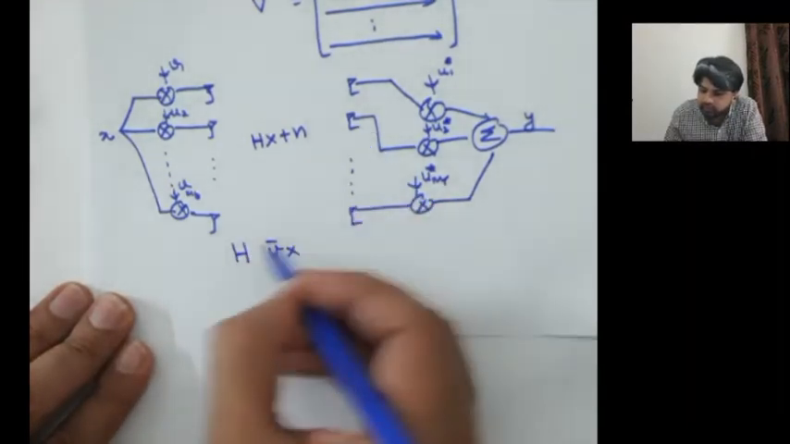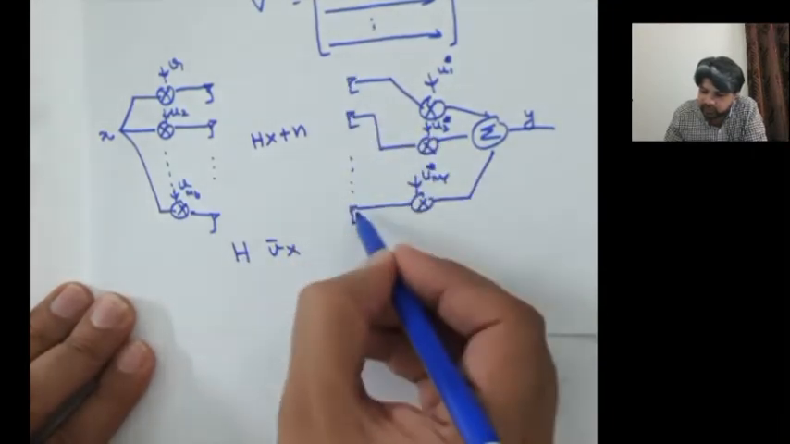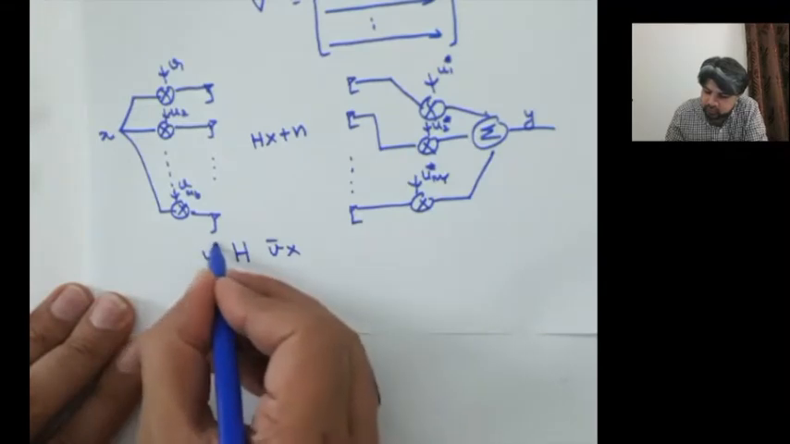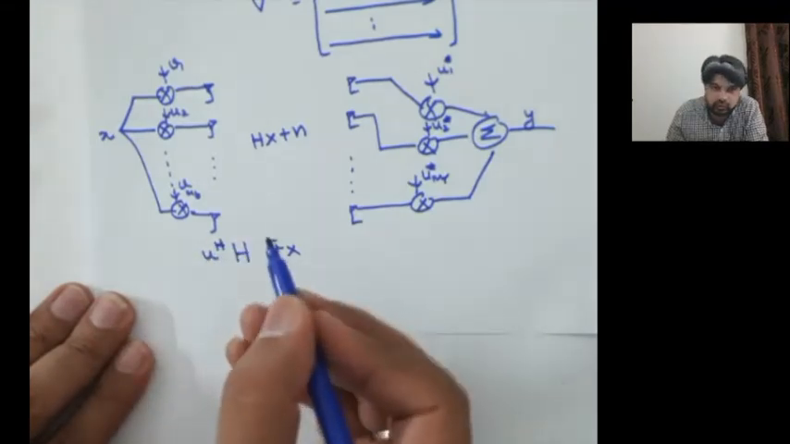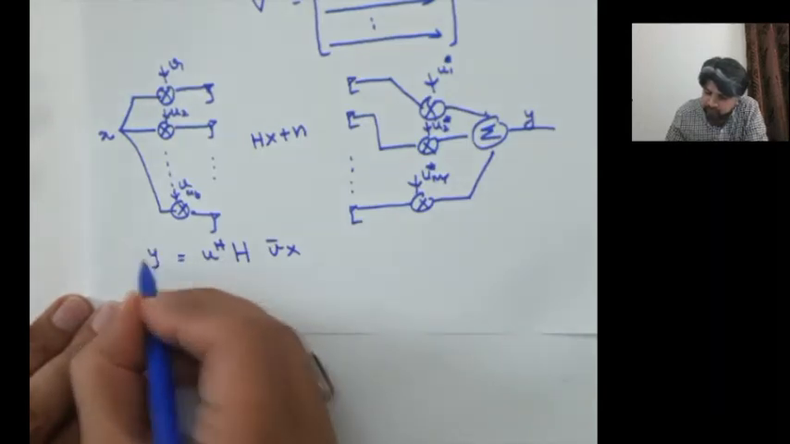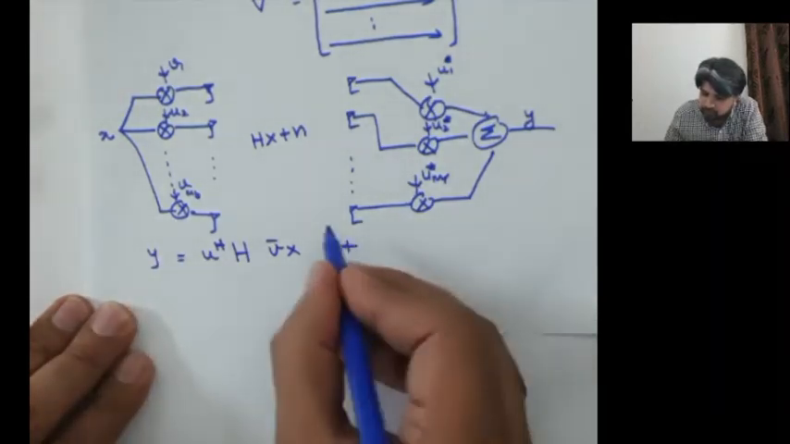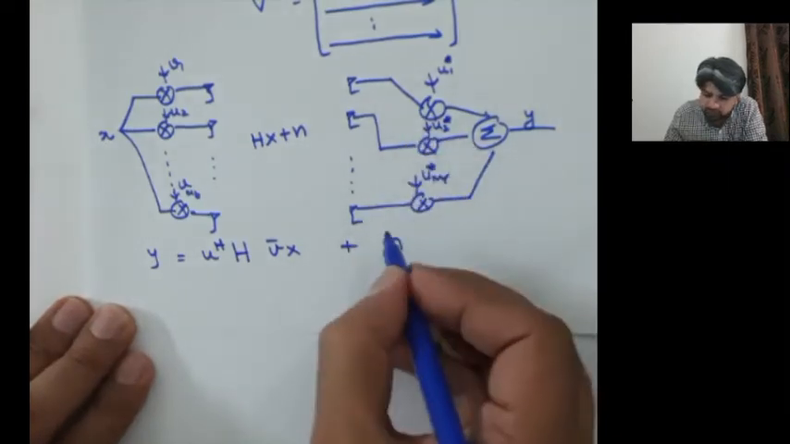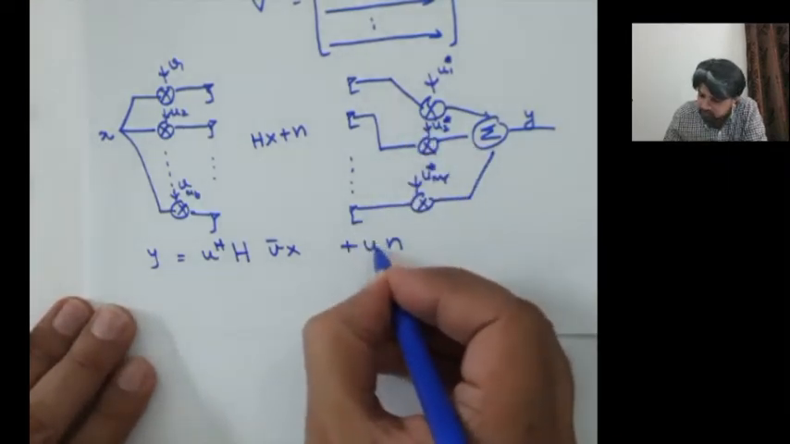And once you receive this, so this would be your Y here, and then you would multiply with U Hermitian, where U is the first column. You can call it U1 Hermitian as well. So that is your Y. Similarly, you receive Y is equal to Hx plus n. This n would also get multiplied with U Hermitian,